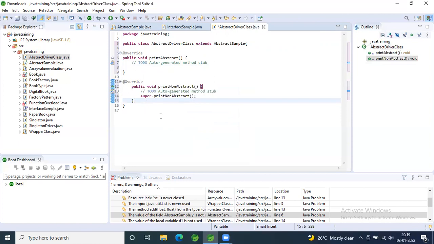You're overriding the logic. So in the first case, print abstract, it was an abstract method, so it doesn't have any logic, and you're going to give your own logic in your child class. Whereas for your print non-abstract, you already had some logic in your topmost class, and you want to override that, or you want to reuse that in your child class. If you want to override, you can remove the super dot method and you can have your own logic. If you want to have the similar logic, you can just use the super keyword and get it extended in the child class. Now, in your print abstract, you can give just a sysout and get it printed.